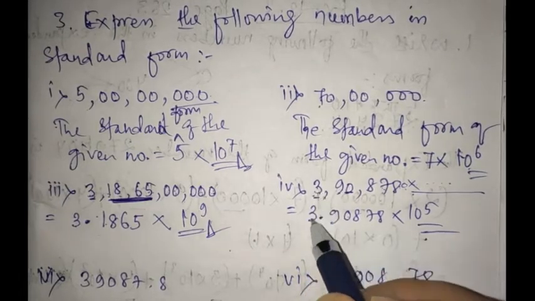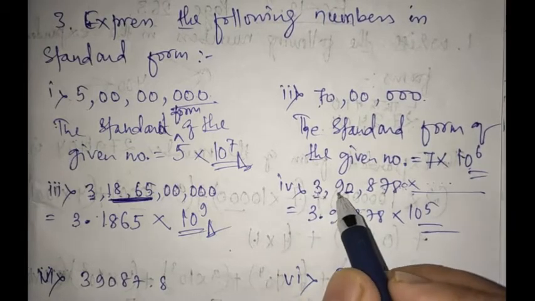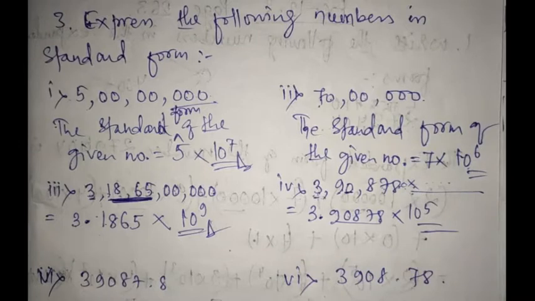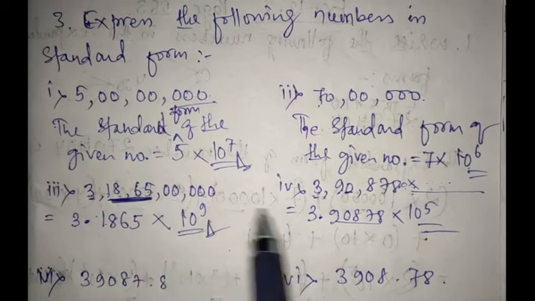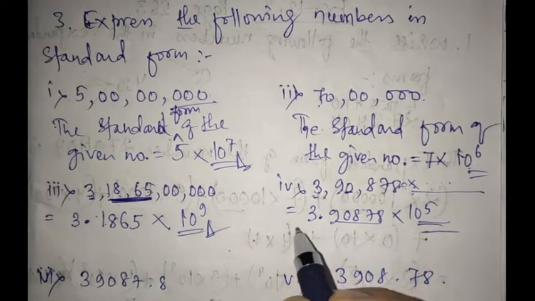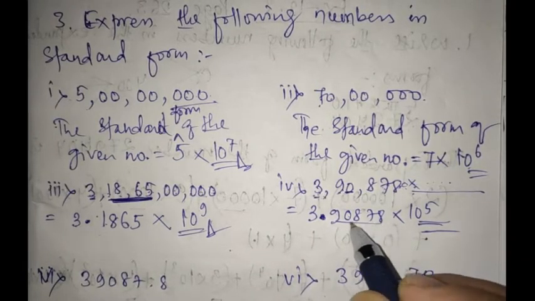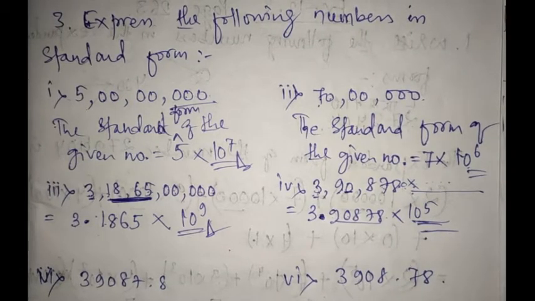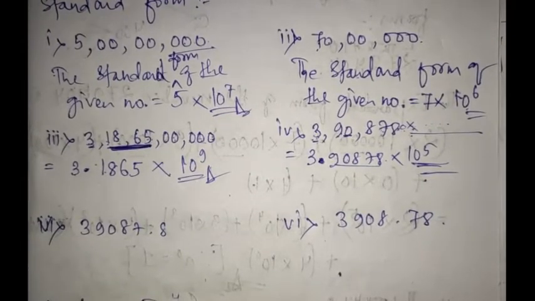Put the first digit over here to the extreme left, then put point, then 90878 should be written. If there was suppose 0, you should not have written that 0, how we did in question number 3. Then you will count after the decimal point, after this dot, how many digits are there? 1, 2, 3, 4, 5. So 10 to the power 5. Alright, so now let us proceed to the part 5 question. Then you will understand in more details.